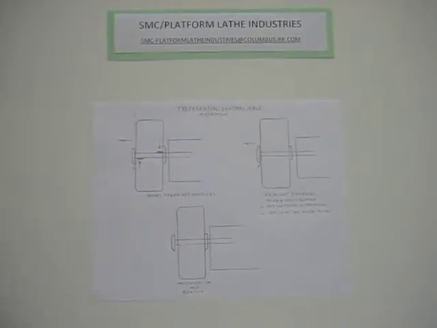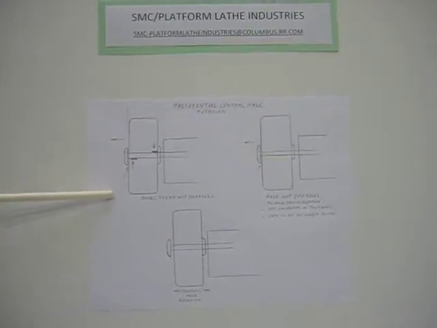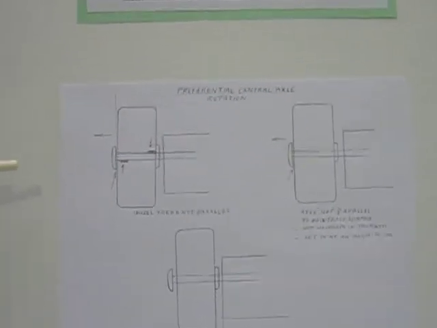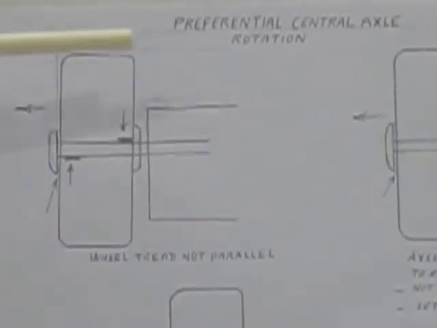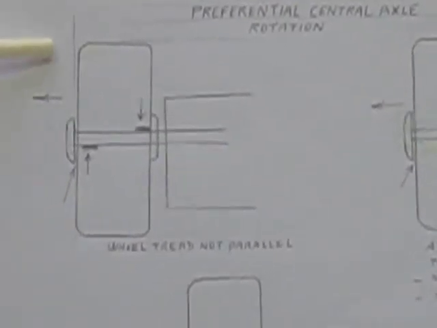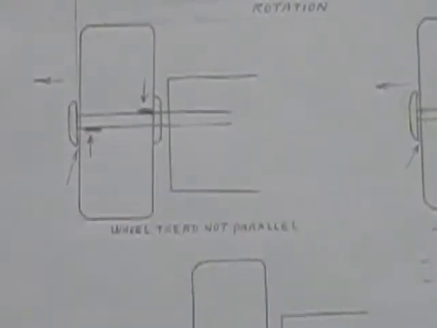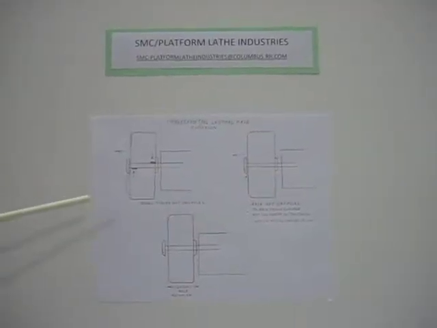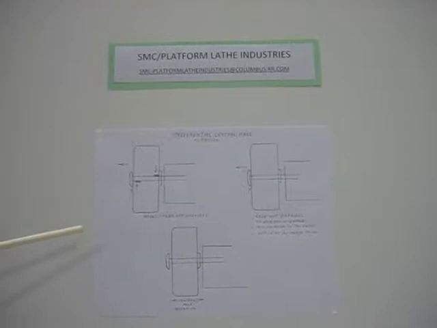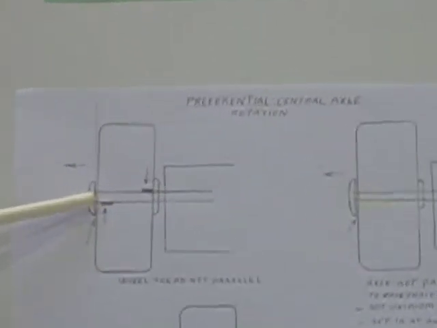To illustrate this concept, in this example we have a wheel tread which is not parallel or 180 degrees to the axis of rotation. The inner diameter is slightly smaller than the outer diameter, which produces a tread which is slightly angled to the racetrack surface. This produces increased frictional forces on the wheel, axle bore, axle shaft surfaces,